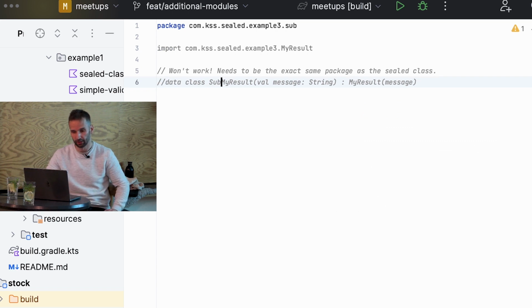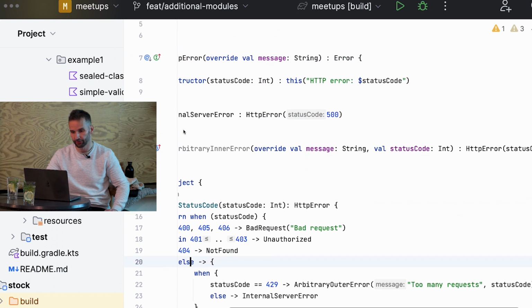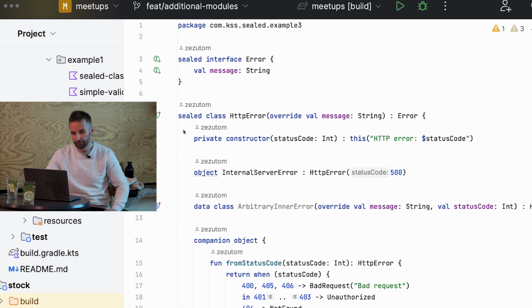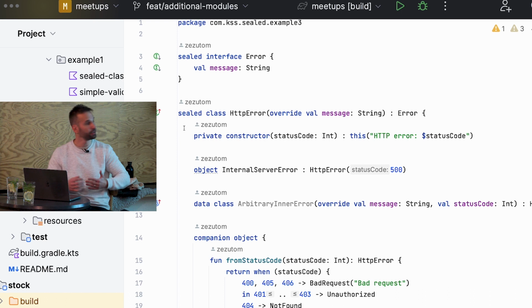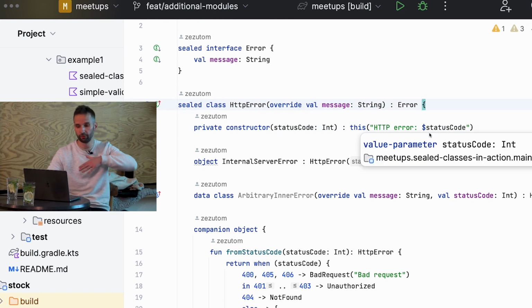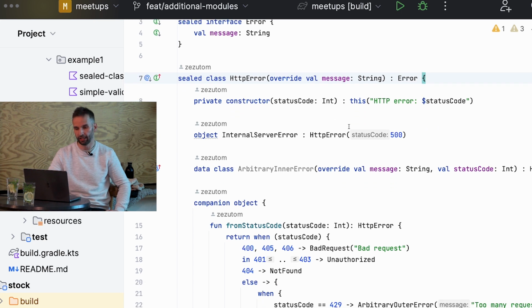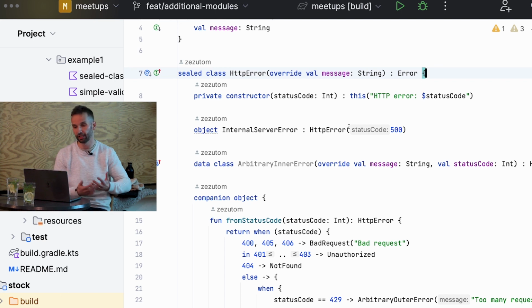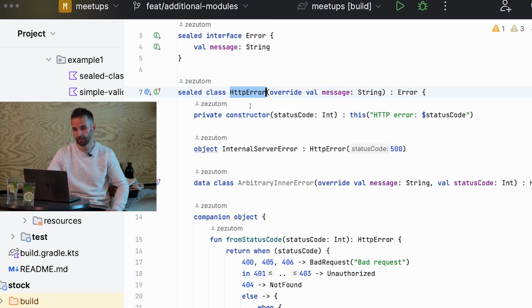And now, lastly, when it comes to constructors, I just wanted to emphasize the difference between nested classes and classes defined outside. Oftentimes in practice, we see that people define implementations directly inside of the sealed class or interface, and that makes a difference. Not only is it nicer, maybe, but it also gives access to some private fields. For instance, this sealed class, HTTP error, has a private constructor now,